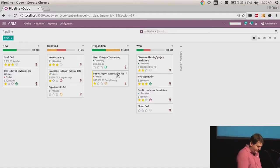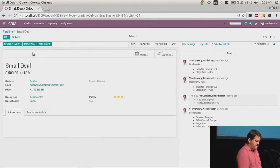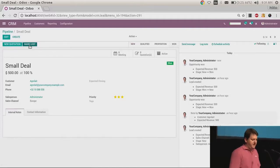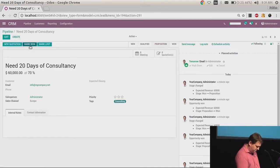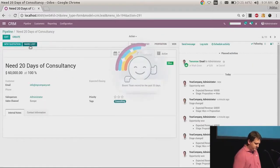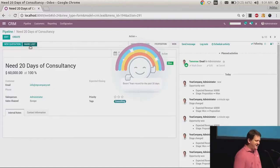And we went further on other areas, so let's get another opportunity here. And sometimes you have opportunities and you win opportunities, so you click on mark as won. And here nothing happens. Of course it's marked as won, but nothing special happens because it was a small deal. And we don't want to reward people for everything, otherwise we lose the surprise effect, and the surprise effect is very important. But let's do the same with a bigger deal. This one, for instance, I think it's big enough. And when you do that, you have a...